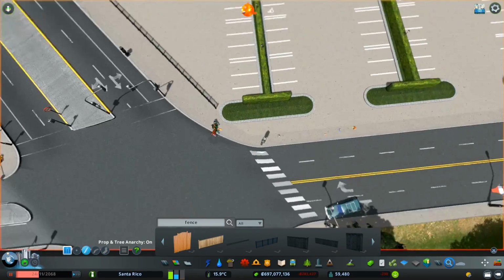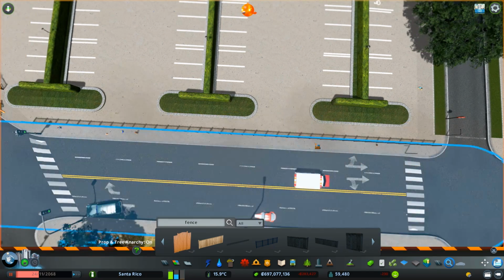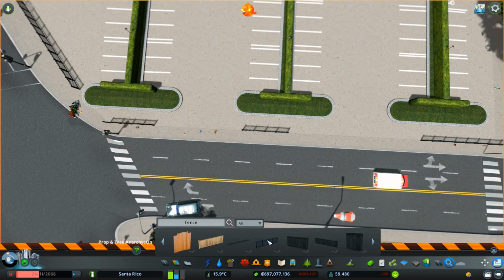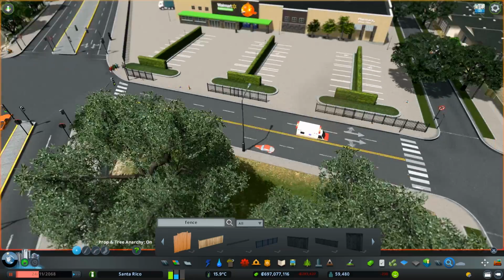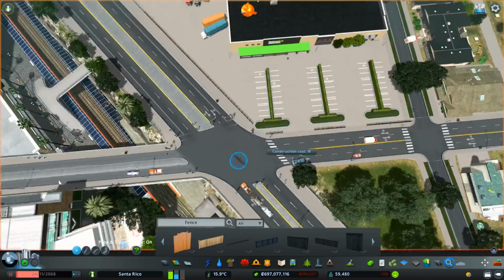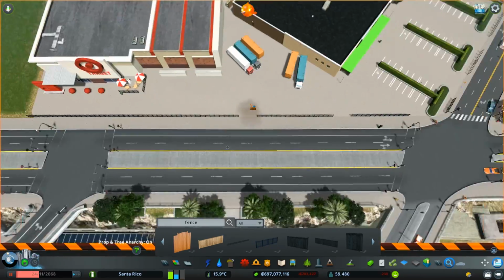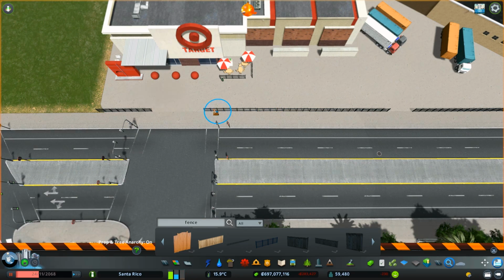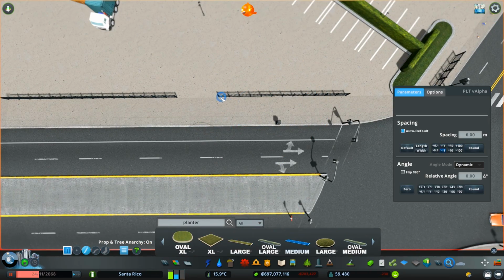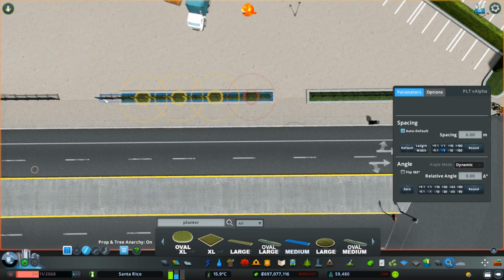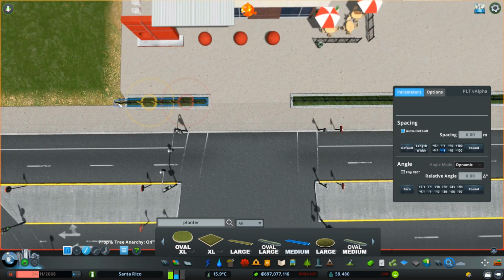I always struggle with train lines because I want them so much, but it's also really hard to figure out where they're going to sit, because I usually place down a lot of buildings and go, damn it, I really want a train line there, and kind of have to rip it all up. So I'm placing down this train line as I go, and it's also hard because I have a bit of an idea of where I want the train line to go, but then also